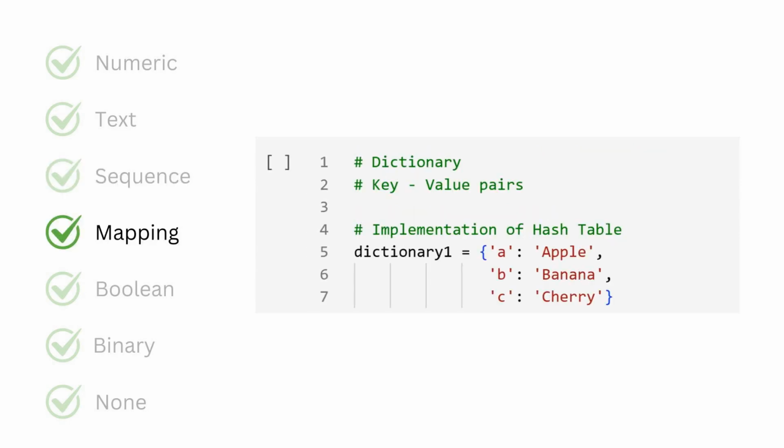Dictionaries are an unordered collection of key-value pairs. They are an implementation of hash tables. So, the complexity of lookup is of the order of 1. In other words, the time taken to find the corresponding value of a key is the same for all keys in the dictionary. Dictionaries are mutable as well. Values of a key can be updated, new key-value pairs can be inserted, existing key-value pairs can be dropped, and so on.